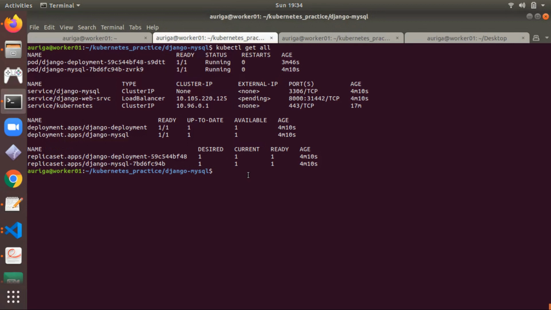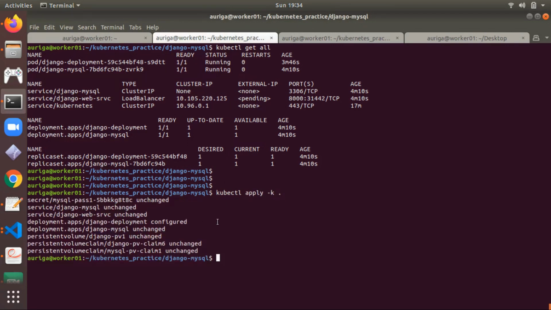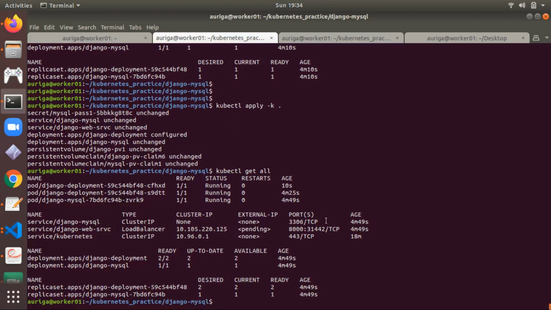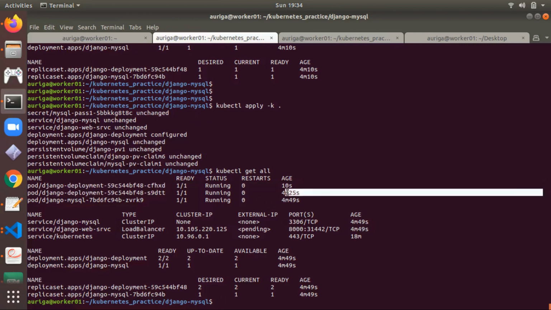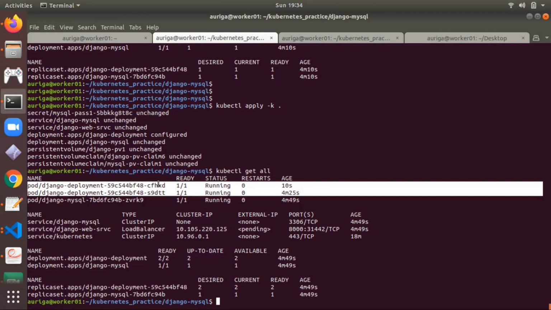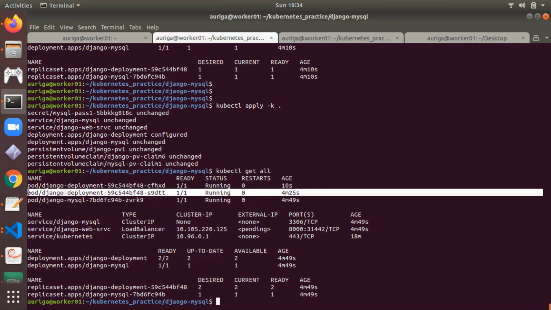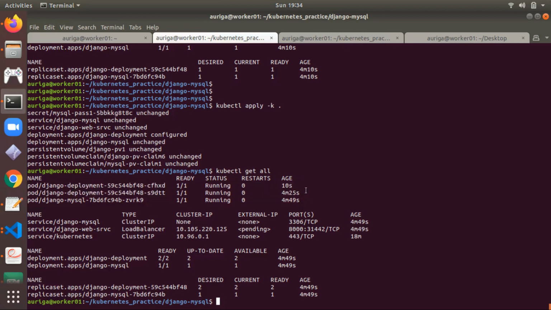Now if I use this command kubectl apply -k . again, then you can see the Django deployment is configured. So now if I check get all, you can see 2 pods are running for the Django deployment. So it's also using a load balancer internally, and by default the load balancer algorithm it uses is the round robin approach. So that's it.